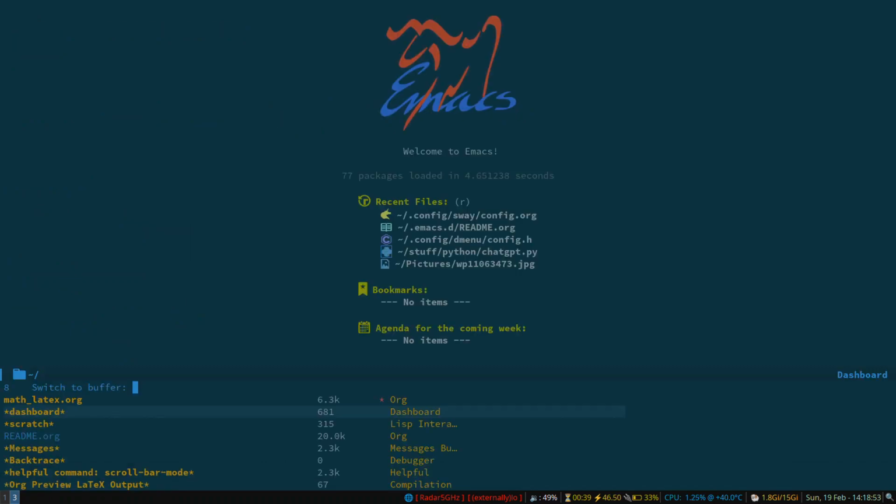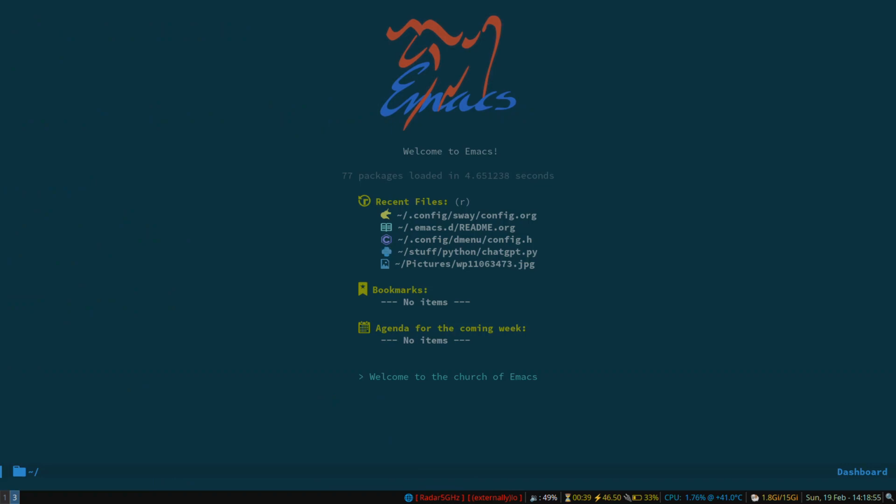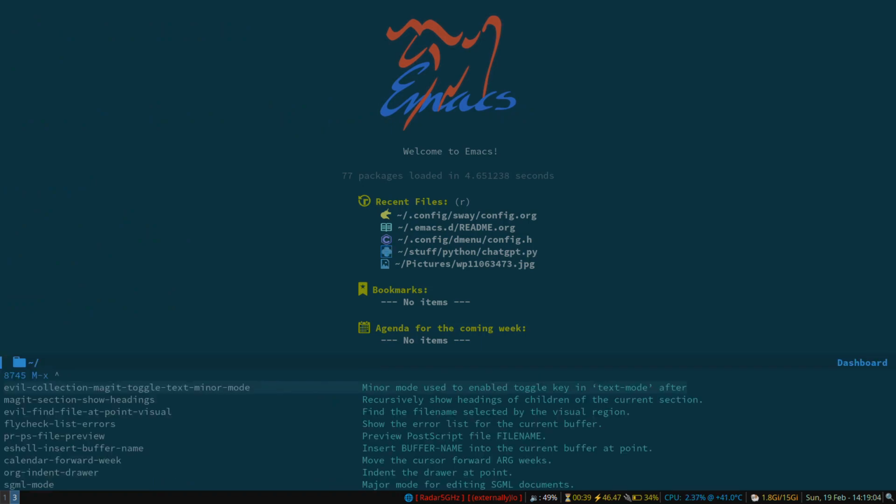You can also plot graphs and stuff. I don't know all of it. I have to look it up on the internet to see how to do that. And the other thing that Emacs can do is use LSP, which is basically what VS Code uses. So if you're into VS Code,